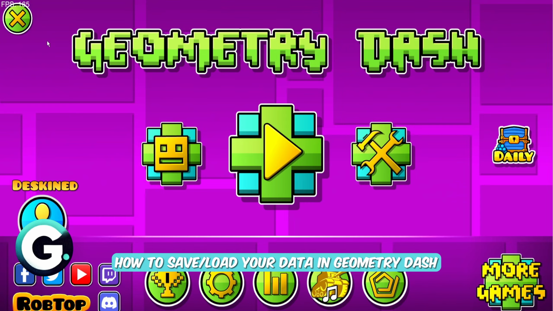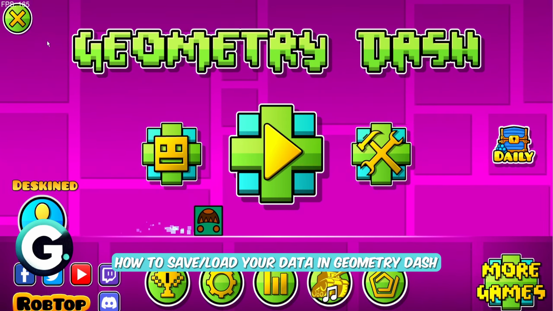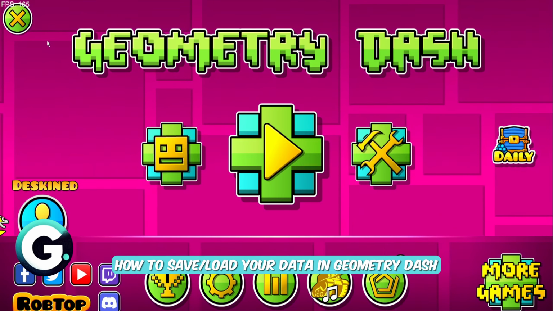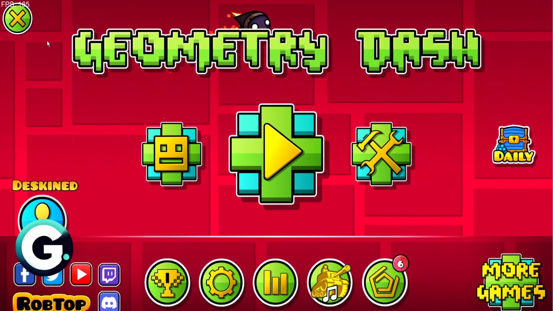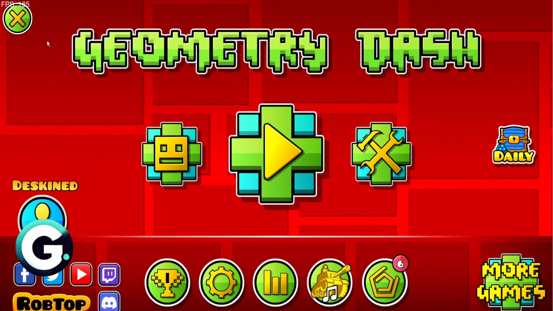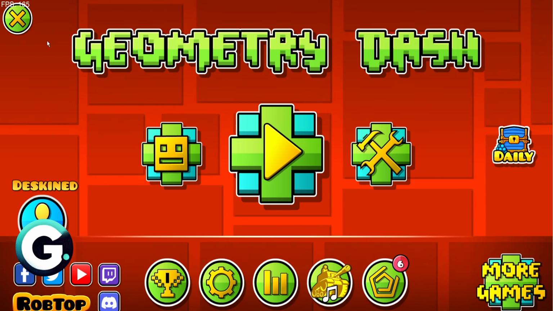In today's video, I'll quickly show you how you can save or load your data in Geometry Dash. So this will work for all of your devices. If you have some data on your mobile devices and want to log it in on your computer, you could